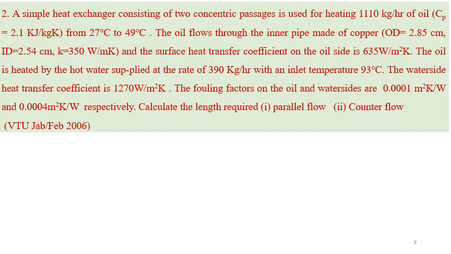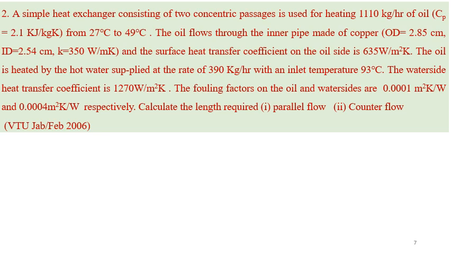Okay. Now we will take up the second type of problem. In the previous problem we solved, we got simple data, where we got the mass flow rate of hot fluid and cold fluid, three temperatures, and the overall heat transfer coefficient, and they asked to find the area as well as the exit temperature. But this is a different type of problem, where we can find the area and the length for parallel flow and counter flow.